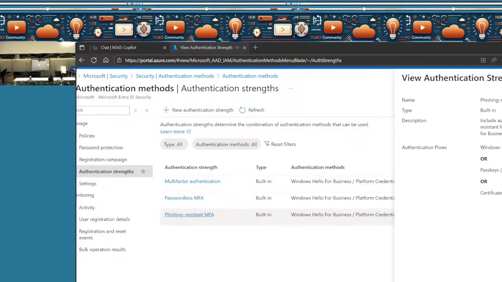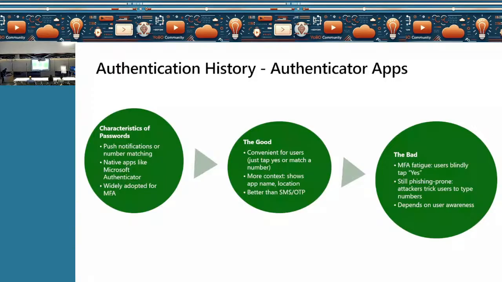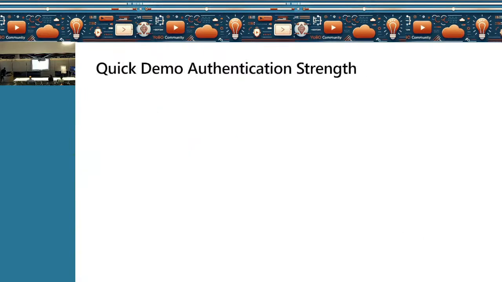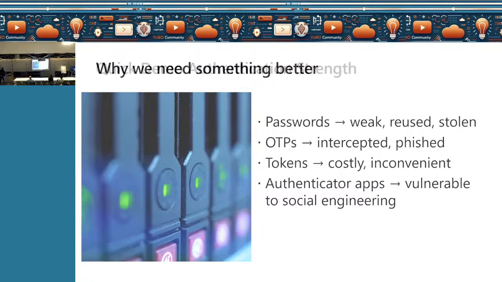I'm going to go back to my presentation now. So this is the problem with authenticators, which we are trying to solve.